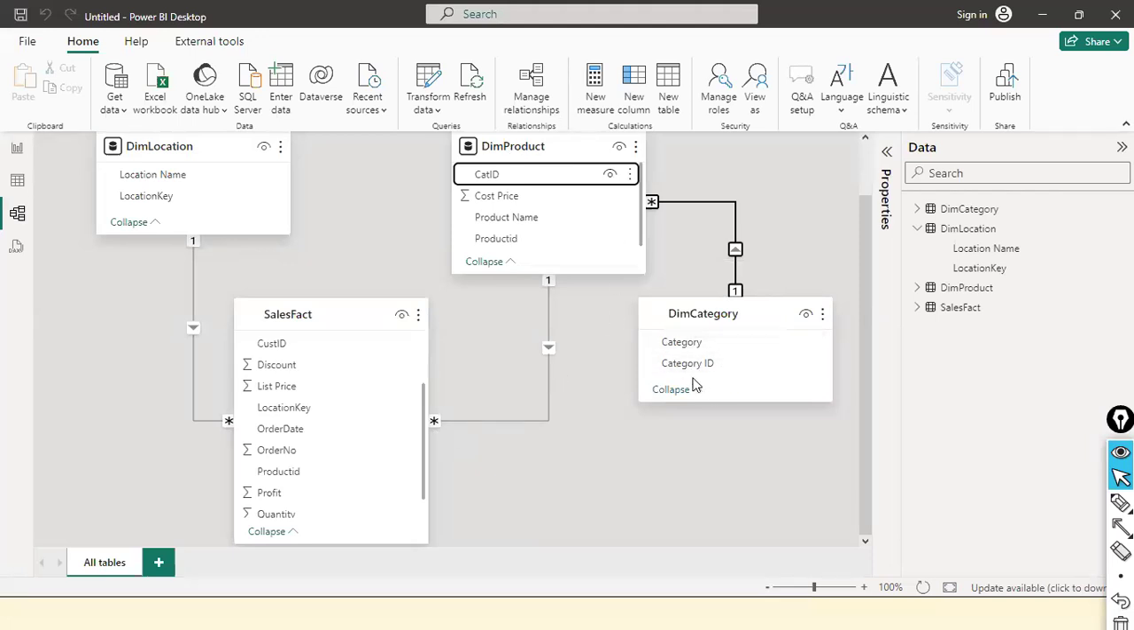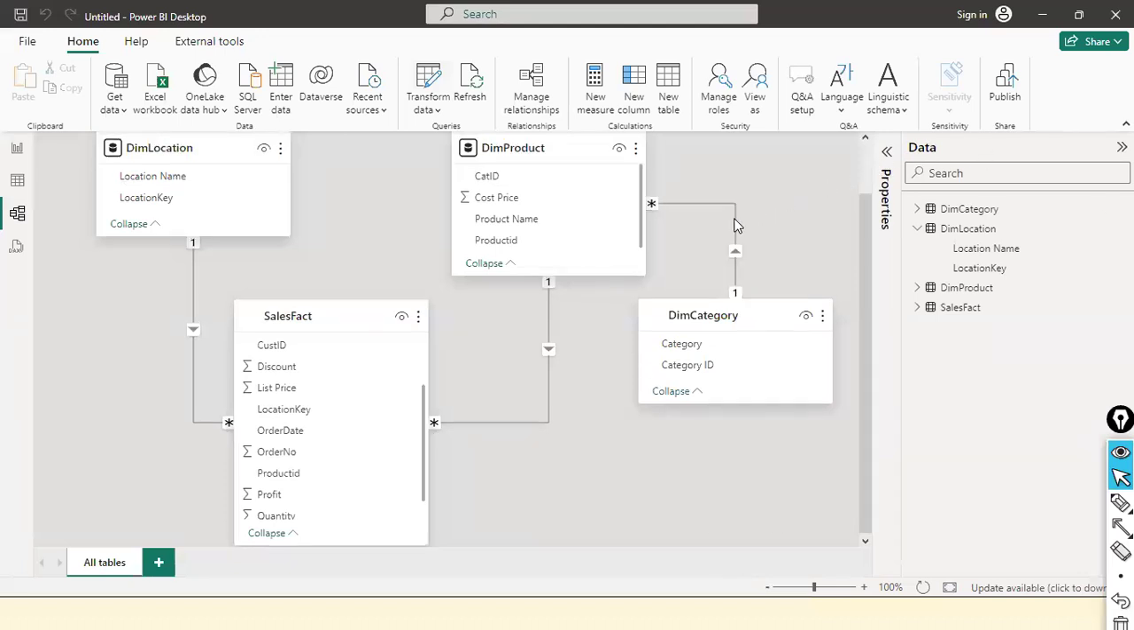Unfortunately, here the category ID and cat ID, the naming convention is different. They gave a different name, but both the columns hold the same category value. We know that by visually looking at the data in the product dimension table and category dimension table. I just drag the cat ID and drop it on top of the category ID. If I hover the cursor here, see, I just click on it here. When I hover the cursor on top, cat ID from the dim product table and category ID from the dim category table, these two columns got highlighted,